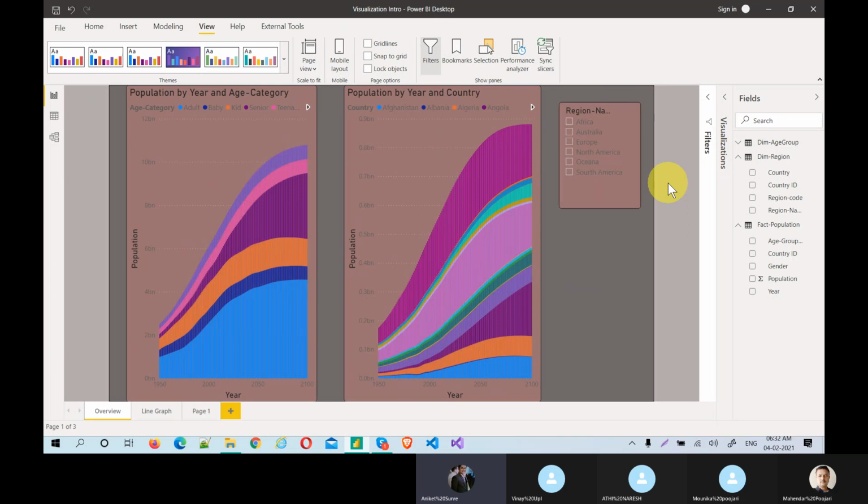What happened is I cloned this region name column. I created two columns for that requirement. So this will actually help you in that case. I'll try to desync it and create one more slicer on the same page and check. But will it work on the same page slicer? Yes, why not?